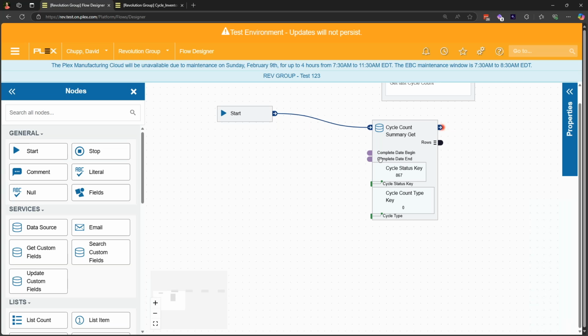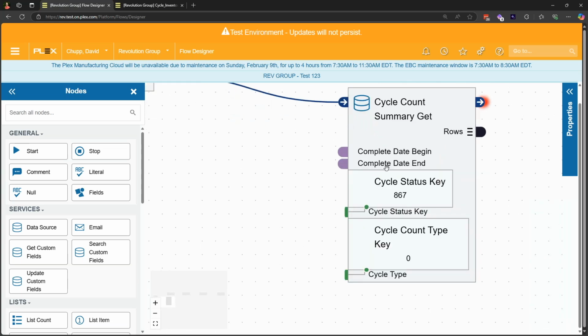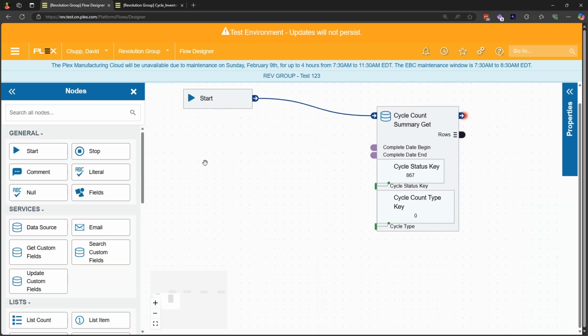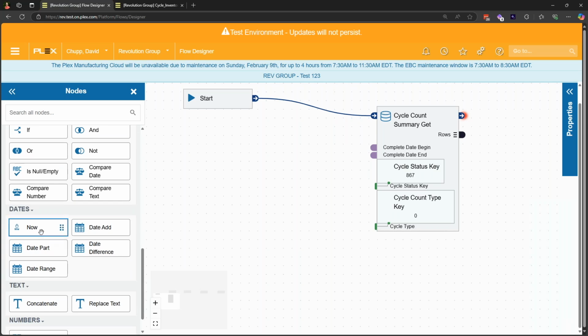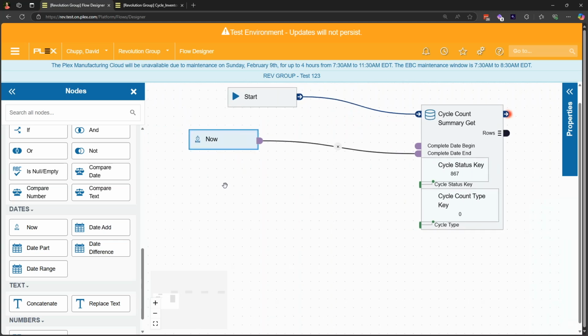So now I need to satisfy these 2 additional inputs here. I need the complete date begin and the complete date end. Well, if we're going to have this run every day, I think it's fair to say that now is a good date end for a time. Okay, and then let's think about it this way. So we've got